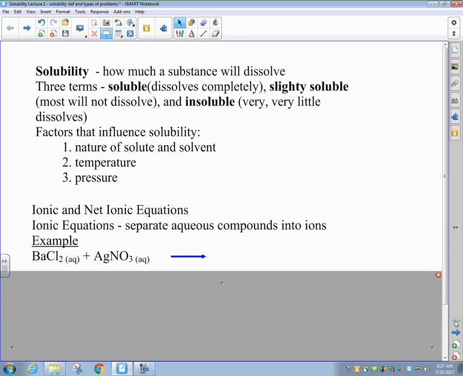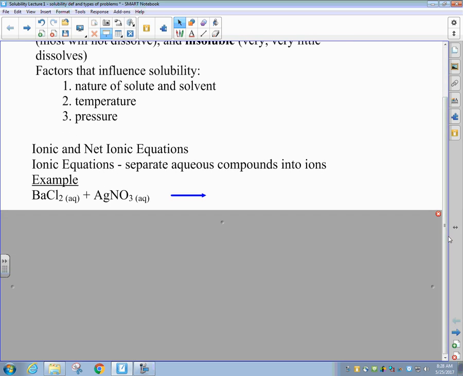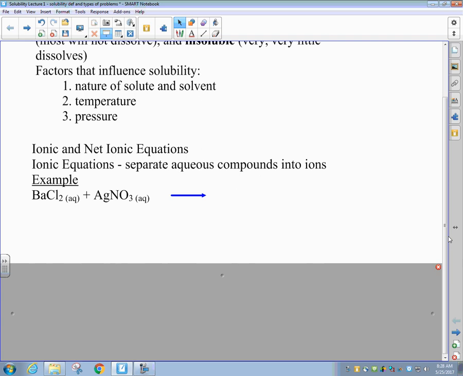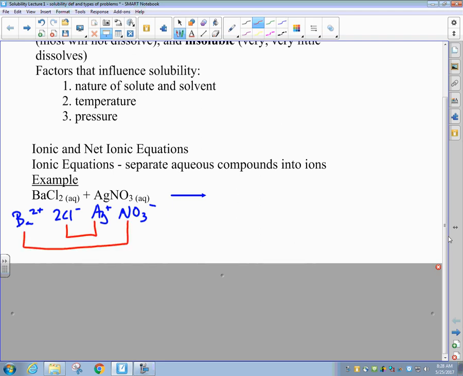So our first example here, we have barium chloride and silver nitrate. So we recognize that if a reaction occurs here, we're going to have a double replacement reaction. You're going to have your barium ions, your chloride ions, your silver ions, and your nitrate ions. A double replacement reaction will mean that the silver will now bond with the chlorine and the barium will now